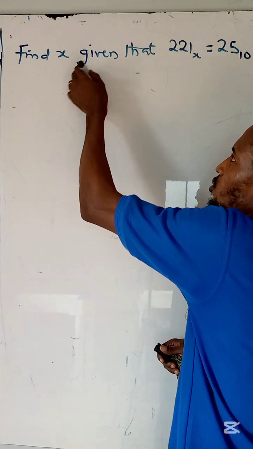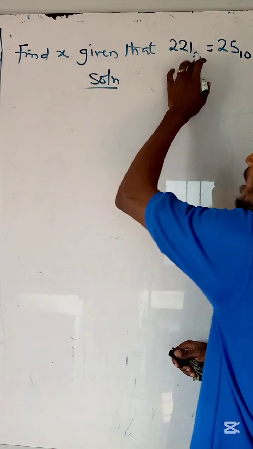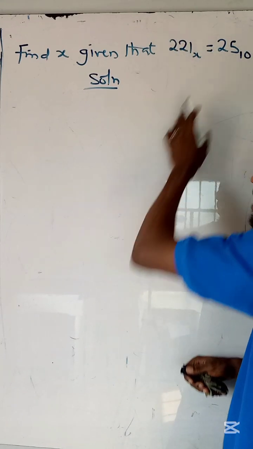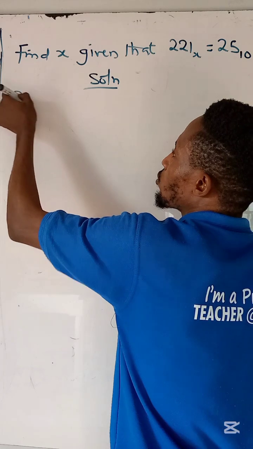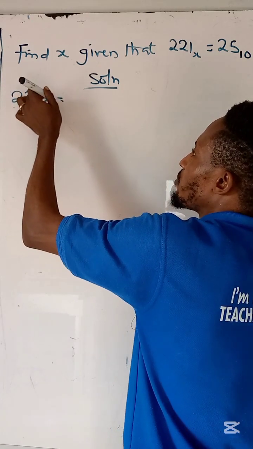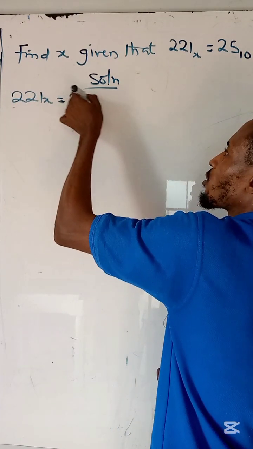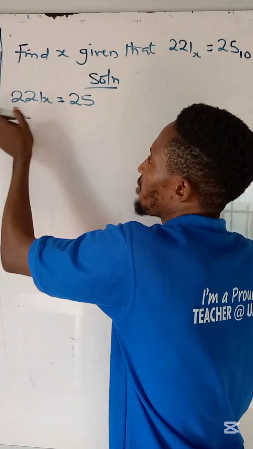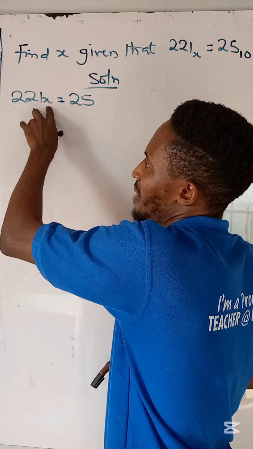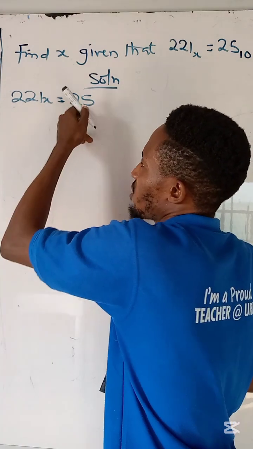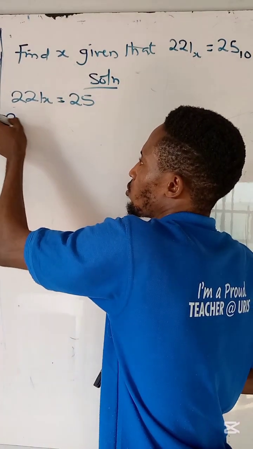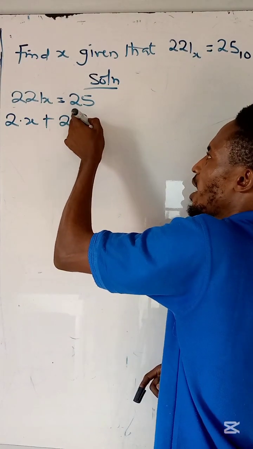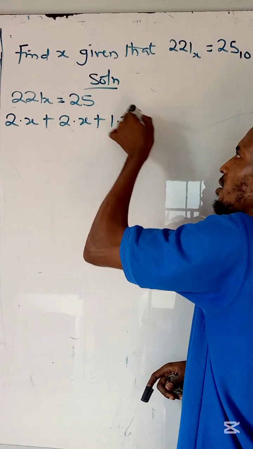All right. The first thing we need to do here is to get what value this x is by expanding to base 10. So we're having 221 base x equal to 25. 25 base 10 means it is 25. So I'll be multiplying each and every number here by its base to take it to base 10. Because this number is in base 10, 2 times x plus 2 times x plus 1 times x